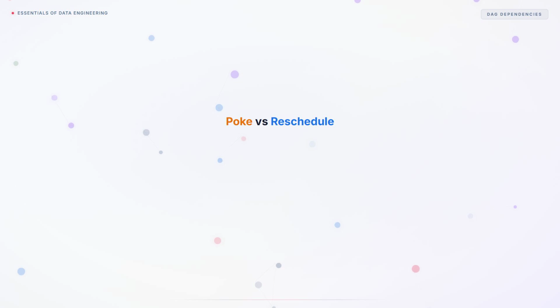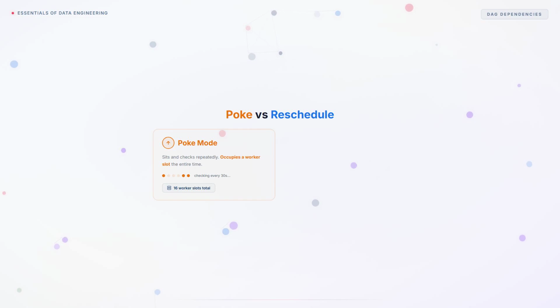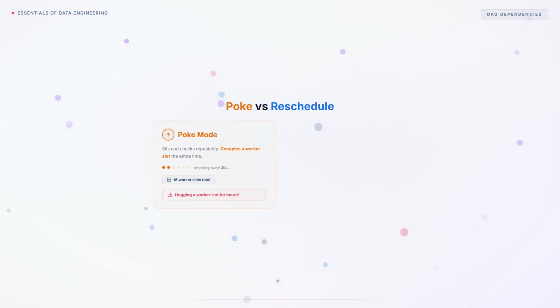When a sensor is waiting, what should it actually be doing? In poke mode, the sensor occupies a worker slot and checks the condition every few seconds. Is the file there yet? No. Wait 30 seconds. Is it there yet? No. Wait 30 seconds. Over and over. The problem? That worker slot is occupied the entire time. If you have 16 worker slots and 5 sensors are all poking, you've only got 11 slots left for actual work. If the file doesn't show up for 2